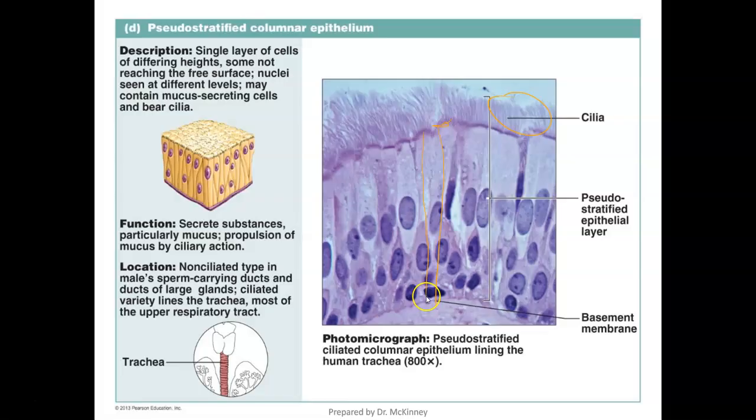We do see goblet cells. I don't think one's pictured in this image here, but you do have goblet cells that will secrete mucus, and it will help propel that mucus over the lining of the tissue. And that's important in the respiratory tract because you're trying to keep things out of the lungs. So the cilia will help propel things